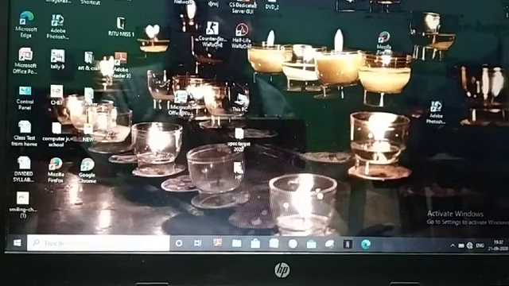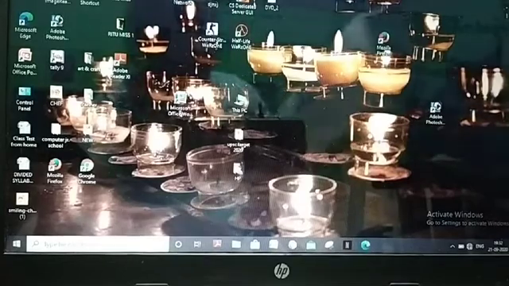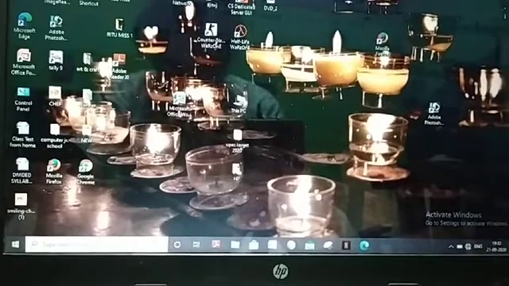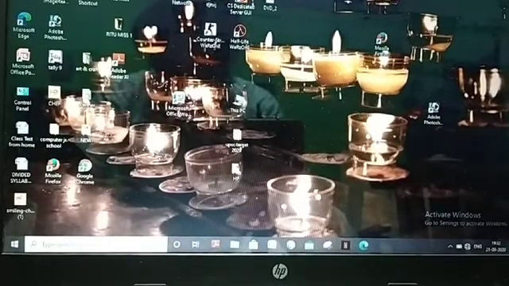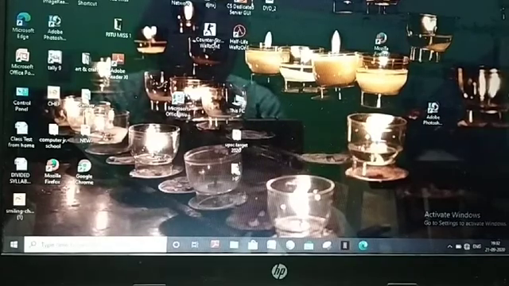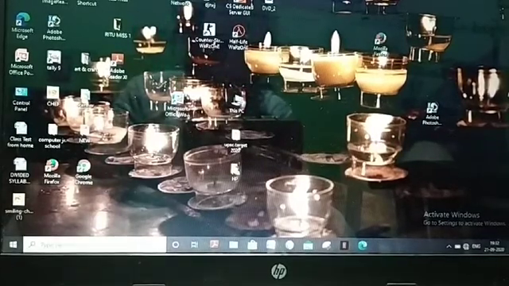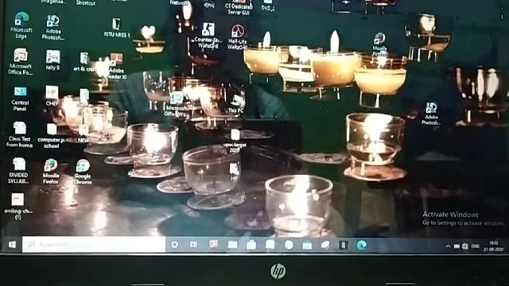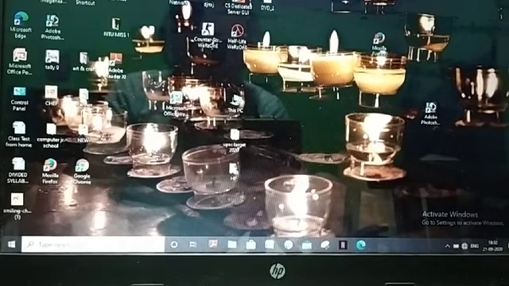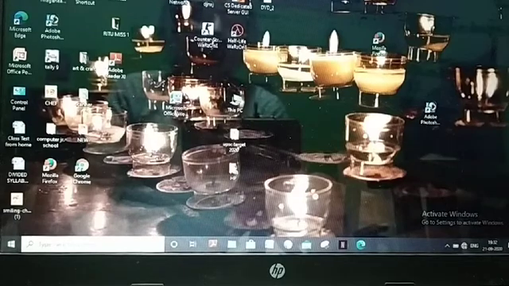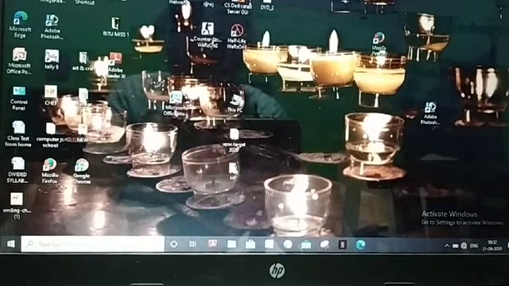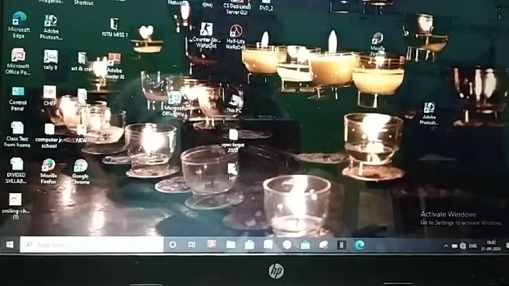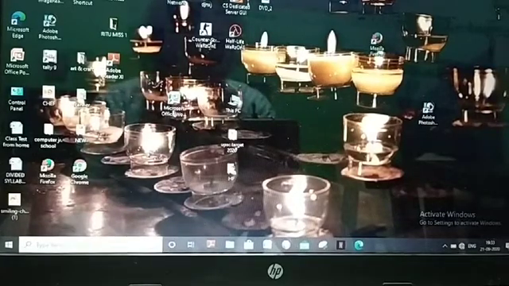So in this desktop you are seeing, at the back of the icons, several lamps burning. Okay, so that picture is called desktop background or wallpaper of desktop. So this picture is called desktop background, and this picture can be changed. Desktop background picture can be changed. Okay, so how can we change this desktop background picture? It is given in your book very clearly.